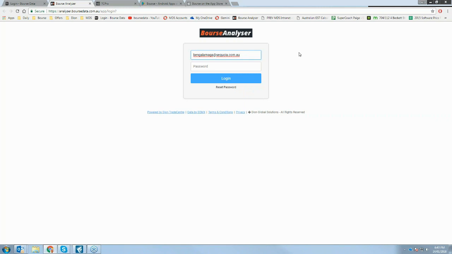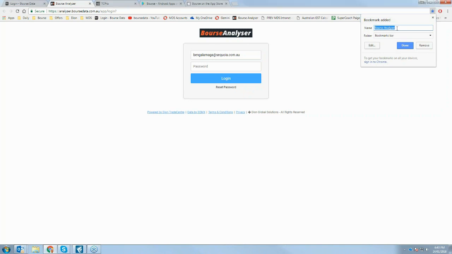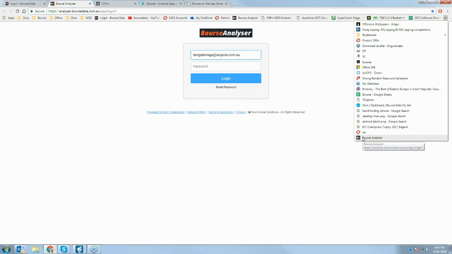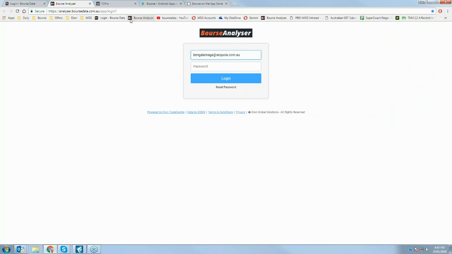And you see it has a function up here where I can create this as one of my favorites. So if I go across the top here and I bookmark this page, it's actually called Bourse Analyser instead of the logmein.bourse data shortcut here. If I save that there, now I'm just going to go find that one second. I've got a few there. So if I just left click to highlight that and I drag it up there, if I click on there, it'll bring me to this page. When I go to log in,